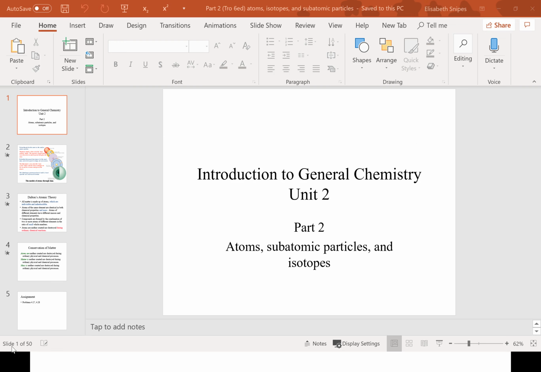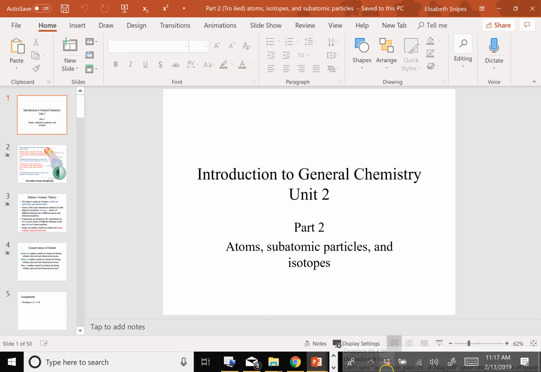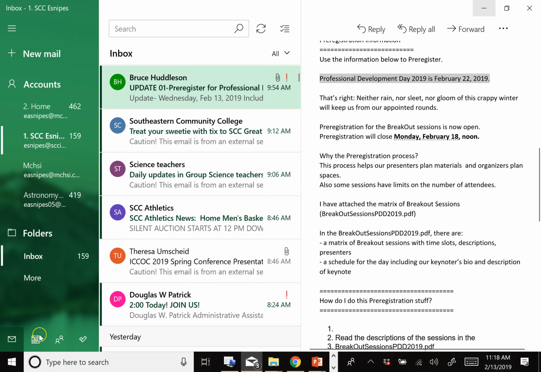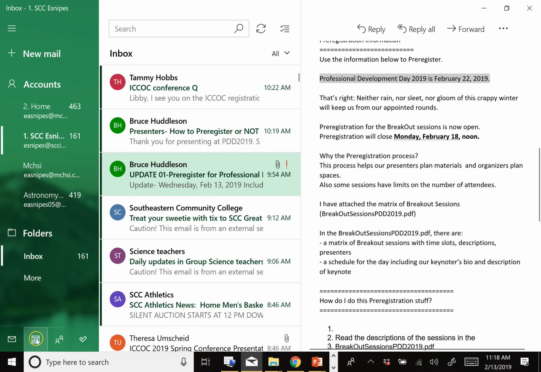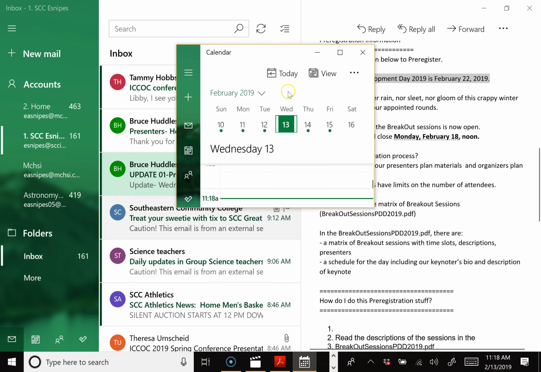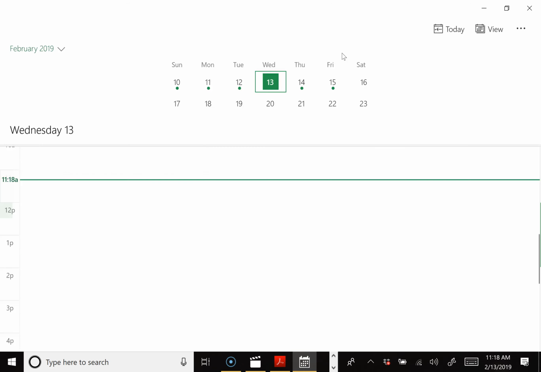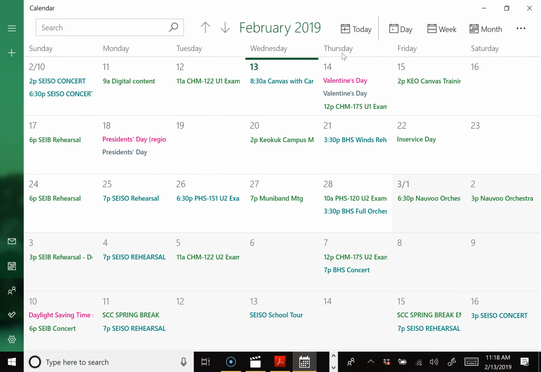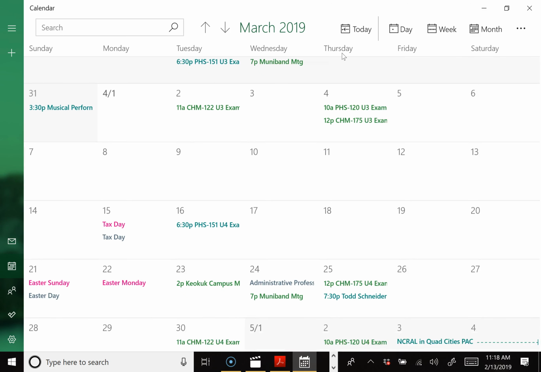Spring break? I've got it on my calendar. Let's see. But I don't know if it coincides with Keokuk. Drum roll, please. It doesn't coincide with, yeah, there's all my stuff I'm supposed to be doing.